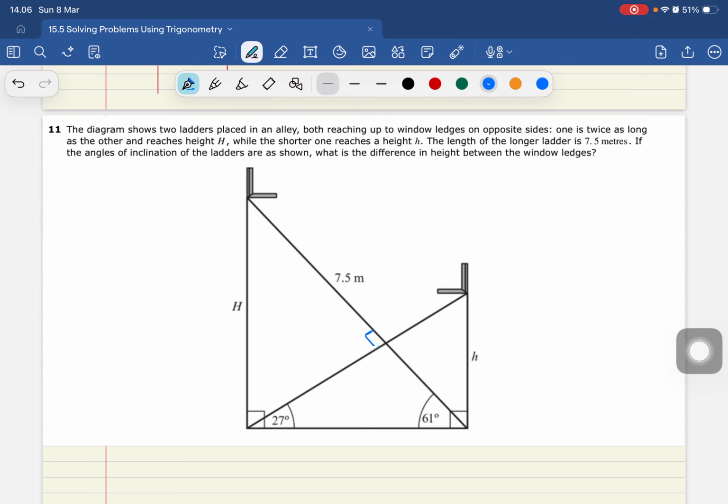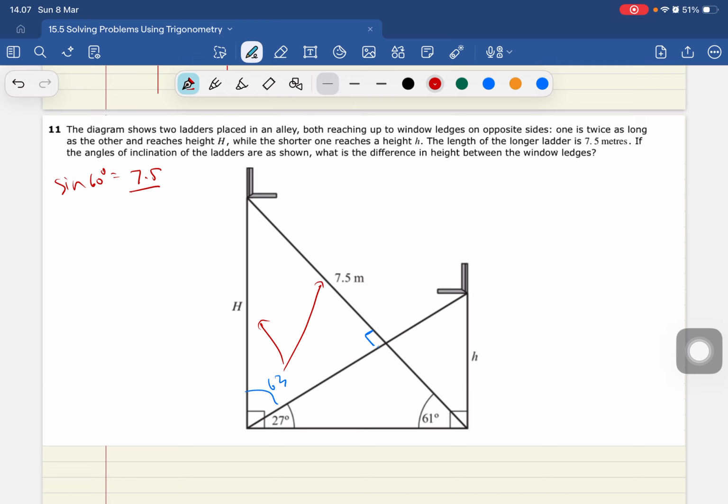If this is a right angle, then this angle must be 90 degrees minus 27, so it's 63 degrees. We have the opposite and the hypotenuse, so let us find the length of the highest ladder. For the opposite, we have sin 60 degrees equals 7.5 divided by,